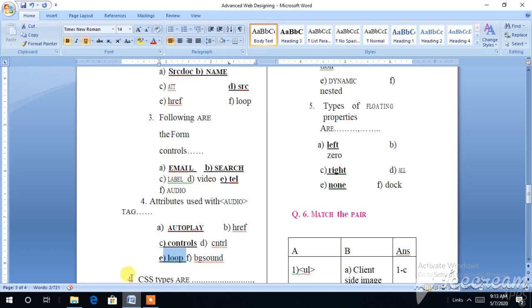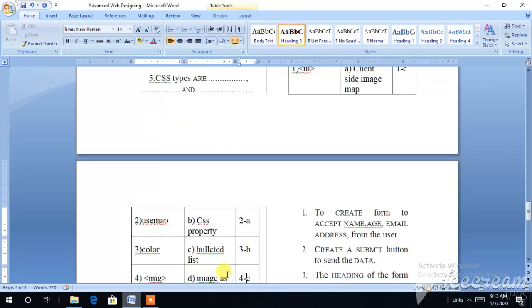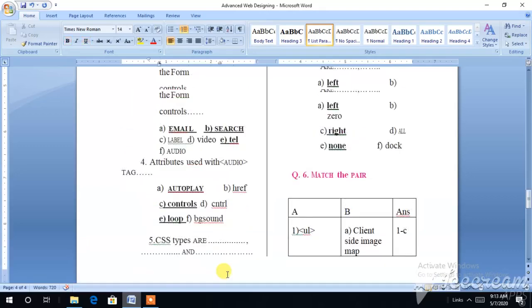Next is your fifth question, that is of CSS types. We all know internal CSS, external CSS and inline CSS are there.